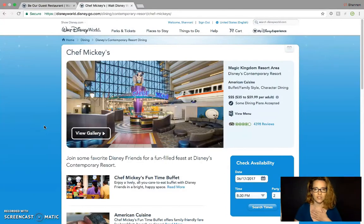So my preferred strategy for doing this is to open a tab for every restaurant that you want a reservation at in your browser, but don't order them chronologically, order them by difficulty. I understand it might seem logical that if your trip is Saturday to Saturday, you might start with Sunday and then Monday and then Tuesday. But the best strategy is to do it by difficulty so that you are snagging the most difficult ones before